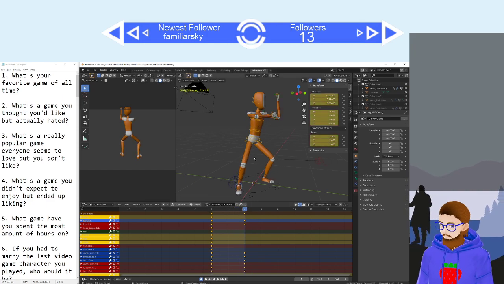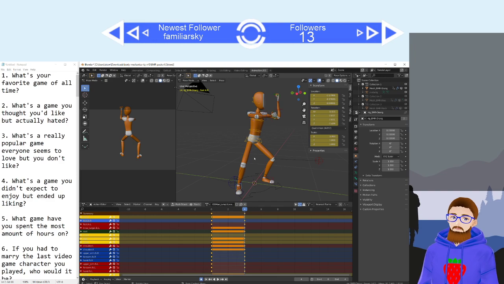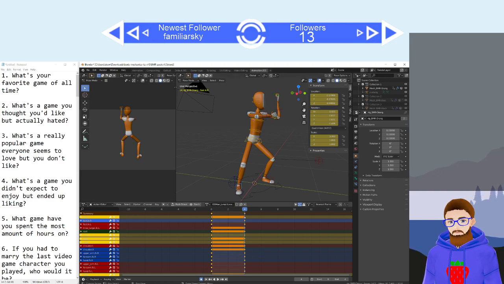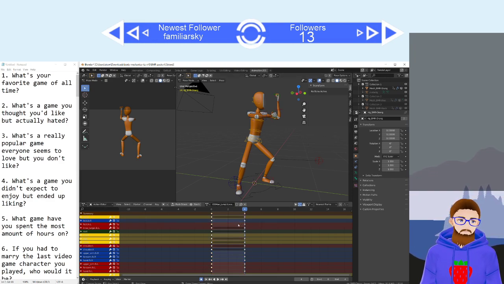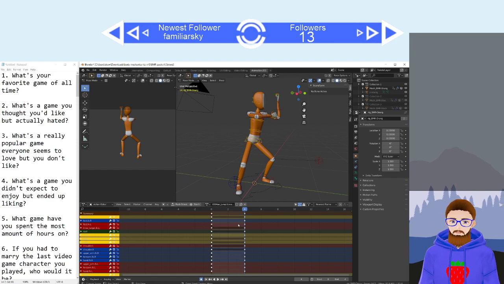There we go. That should do. And I didn't expect to enjoy it as much as I actually enjoyed it. And that game is good old Dead by Daylight. For those of you who don't know, Dead by Daylight is an